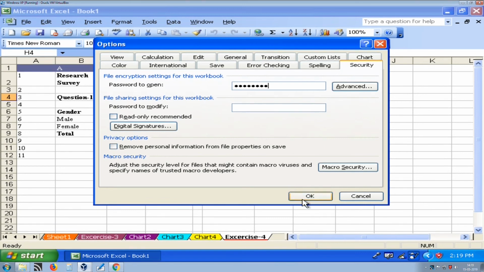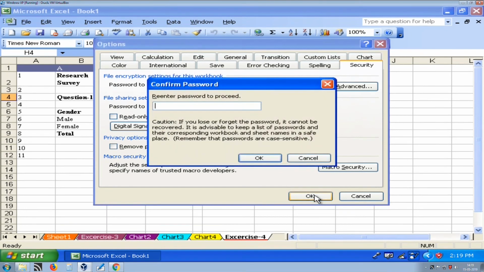Now, when I press OK, suppose somebody opens this file, we can even add one more level of security, that is password to modify. So, here you can provide password to modify also, and when you press OK, it will ask you to re-enter password to proceed.